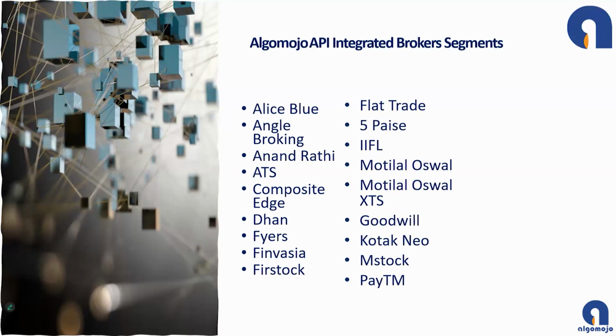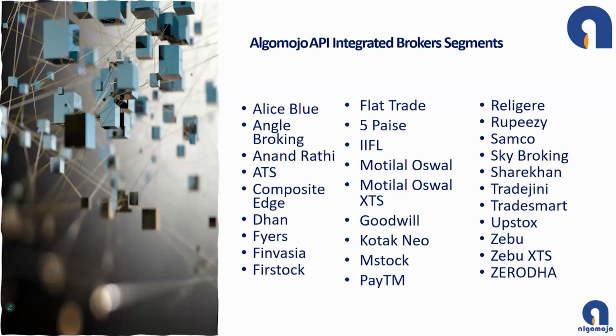Right. Now we have integrated with close to 28, 29 brokers. This is a list of brokers with whom we have done the API integration. In case you have an account with any of these brokers, you can start using our platform. It's the same broker-provided client ID and password that needs to be used, and then you can start